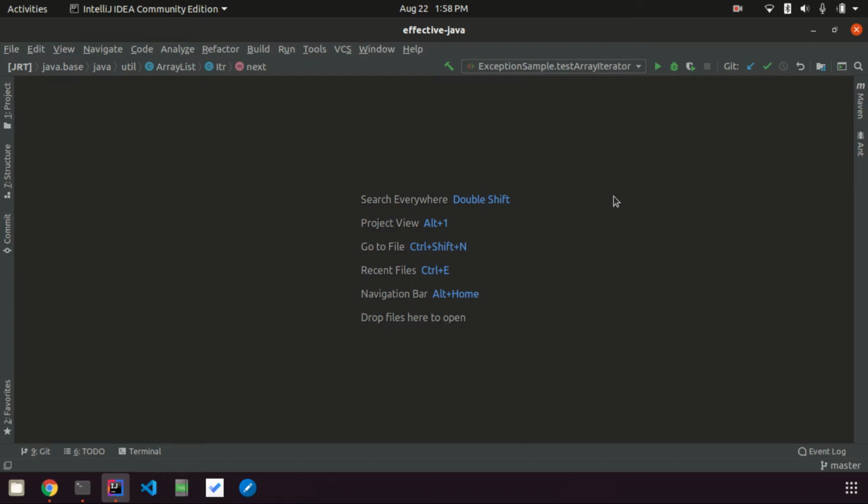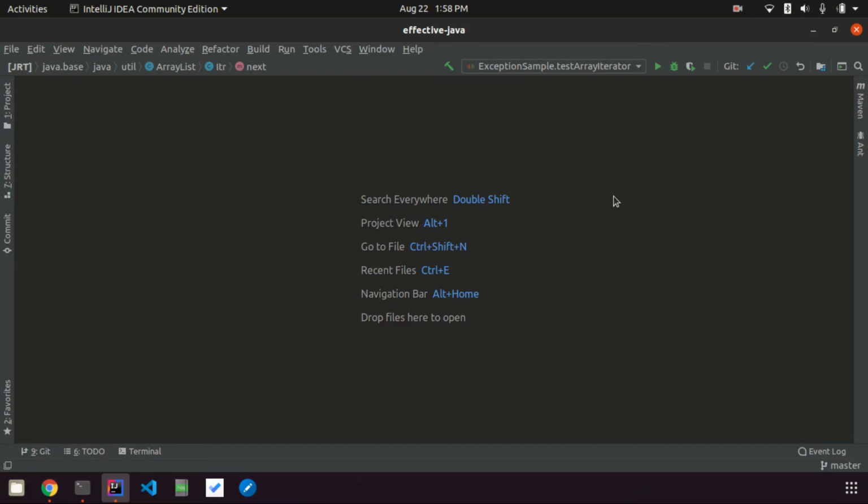Because we know from the previous items that adding a checked exception to an API adds extra overhead on the consumer of that particular API. Basically, the consumer needs to handle that error condition when that exception occurs.